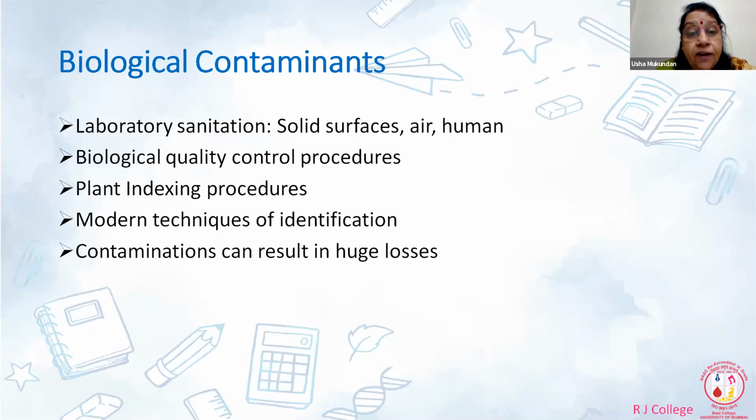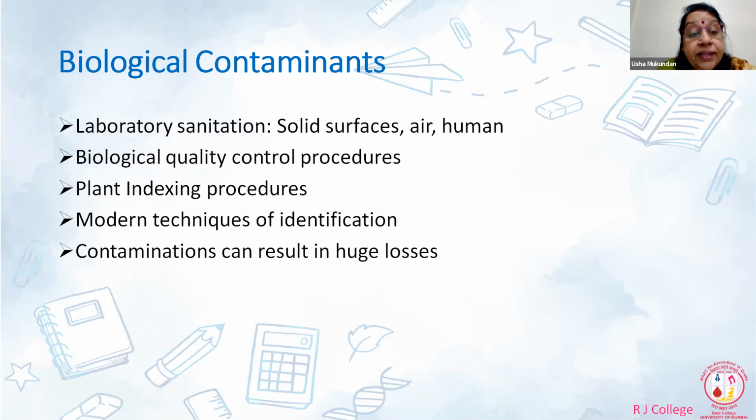So you're going to study a very important technique, that is the plant indexing procedure. You're going to study how you can index whether the plant is clean. There are agro clinics, you might have heard about it. In agro clinics, they index the plant and certify whether it is clean or not, and if it is clean, then only it is taken up for propagation, whether by conventional method or by